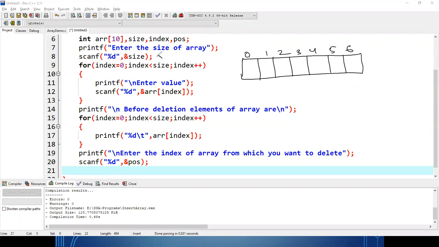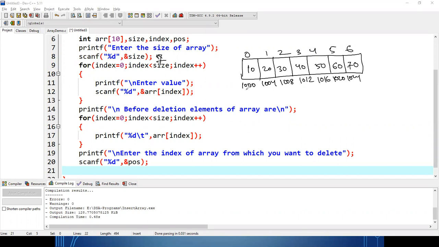Here the size of the array is 7. According to the size, we have taken input of 10, 20, 30, 40, 50, 60 and 70. Then the memory locations will be stored like that. I discussed earlier that it will take the size as per the data type.